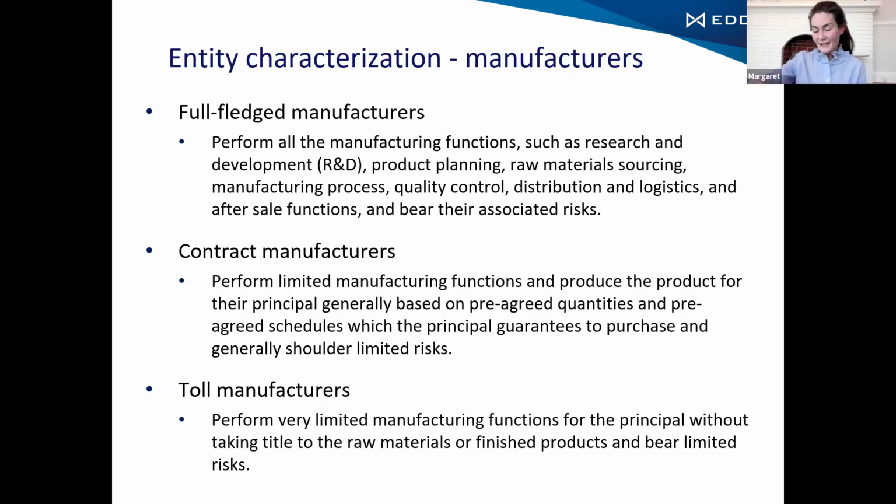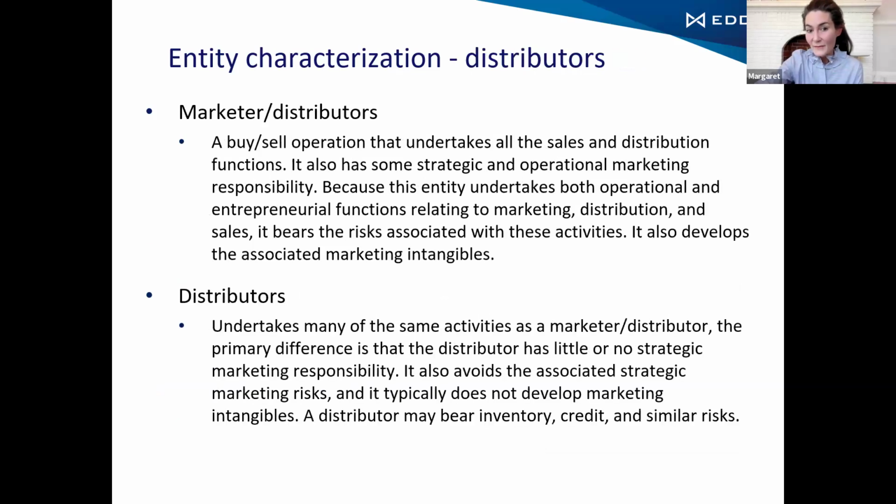summarize it. Because I think there were maybe 28 different functions, I don't know, 8 or 10 different risks, 6 or so different types of assets, and that's a lot to keep in your head. So a summary like this is helpful, even if it's not perfect. And these are the characterizations that you typically see for manufacturers. And we have the same for distributors. They didn't all fit on one page though.